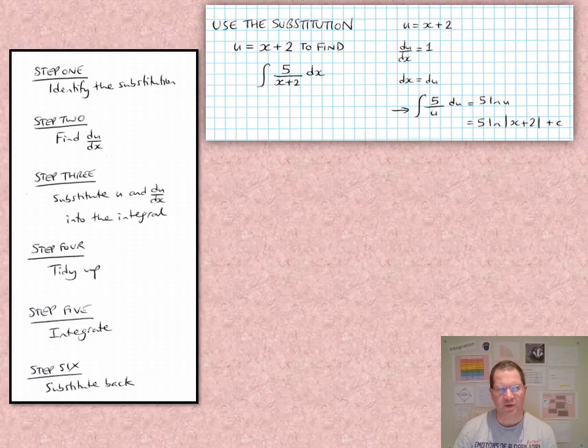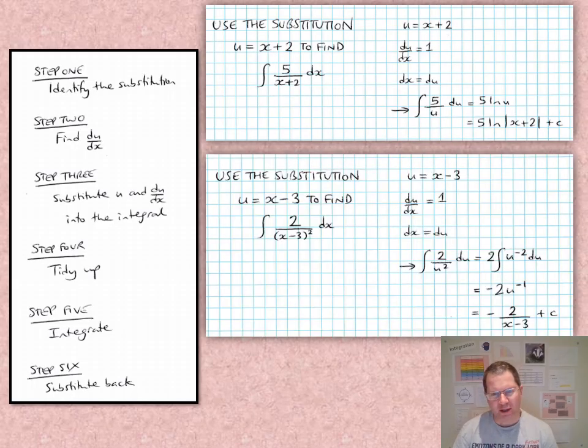Then substituting back, we get 5 ln of the modulus of x plus 2, plus c. Another example, this time we're asked to use the substitution u equals x minus 3 to find the integral of 2 over x minus 3 squared. So again, we've got a substitution. du by dx is still equal to 1, so dx again is equal to du. So when we substitute in, u equals x minus 3, we get 2 over u squared, and dx is du again. We can rewrite 2 over u squared as 2u to the minus 2,